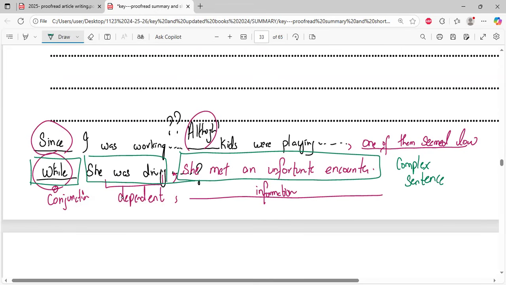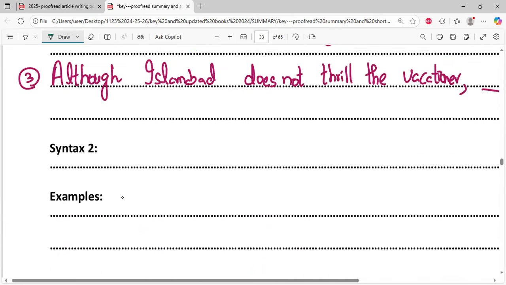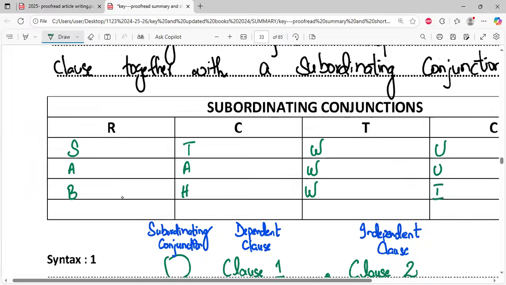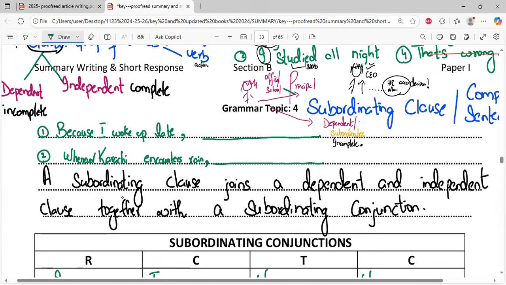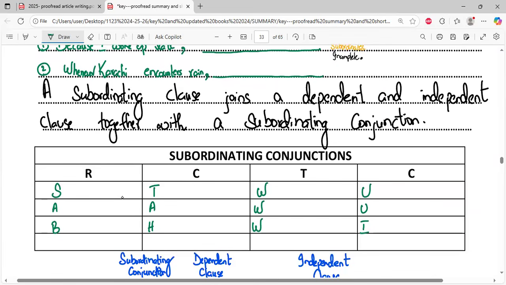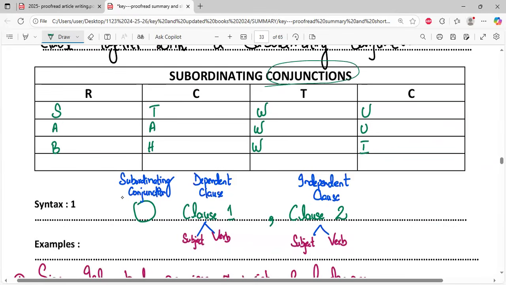Now, if you're wondering, Miss, words kahan se aate hain, since, while, and although, let me explain them. Where will these words come from? These words are called subordinating conjunctions. Okay, I have left these four lines. I'll come back to it in just a while. If you look up subordinating conjunctions on the internet, there are more than 50. But तुम मुझे ये बताओ, in your article, which is of 350 words, how many sentences of subordinating conjunctions should you form in the entire article? You will only have to make three sentences at max.